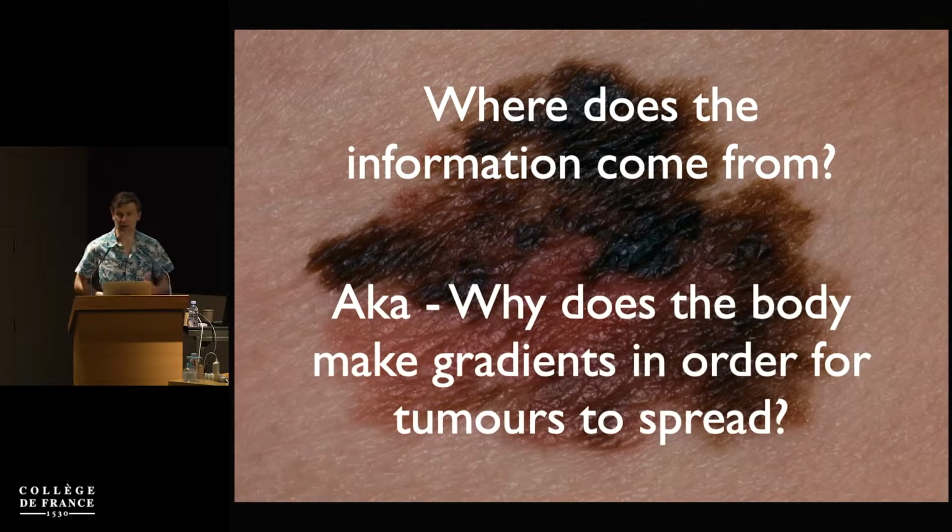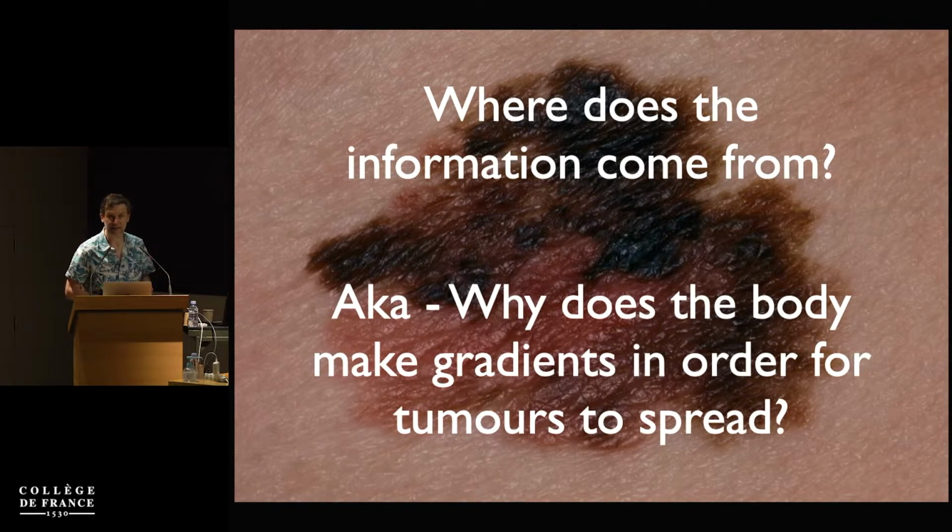And actually, you can ask this question a different way, in the same sense as the Bob May quote I gave earlier, which is, if you have a melanoma, why does your body make a gradient to make the melanoma cells chemotax out of the melanoma and kill you? It seems a stupid thing to do. And the answer is, of course, your body does not make the gradient. The melanoma makes the gradient. The melanoma cells make the gradient that make the melanoma cells move.